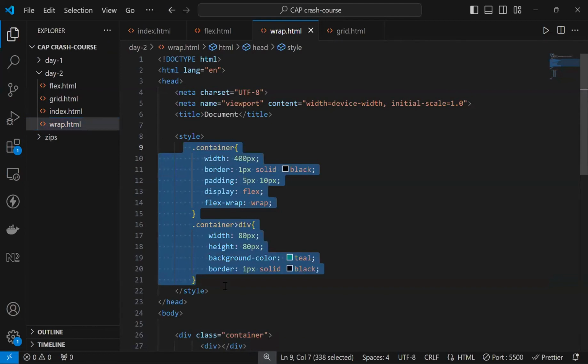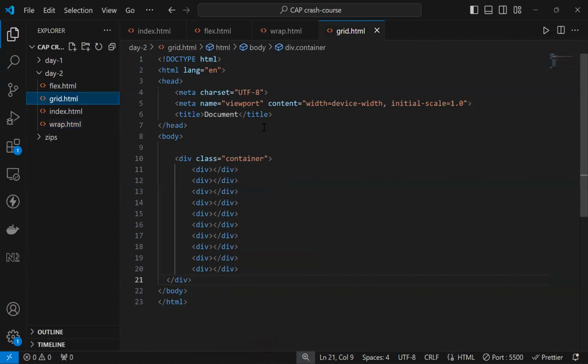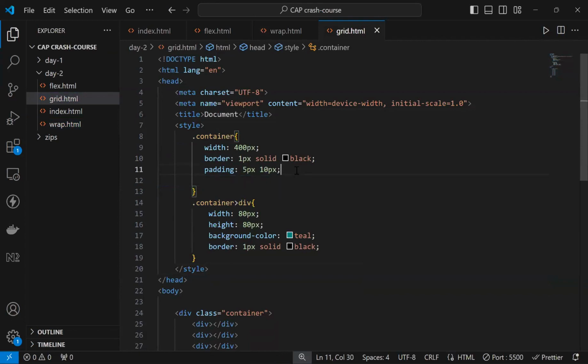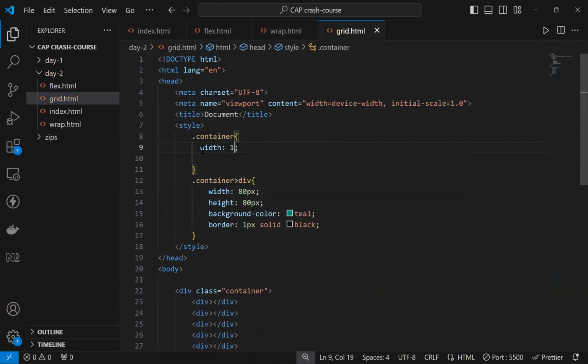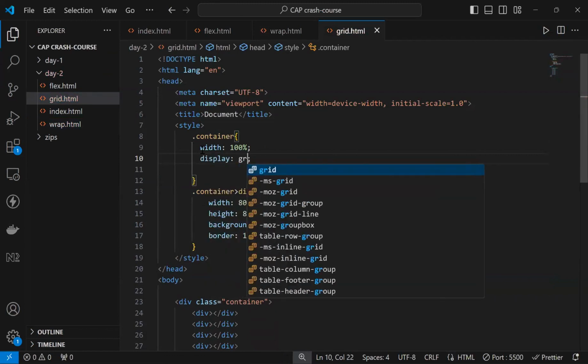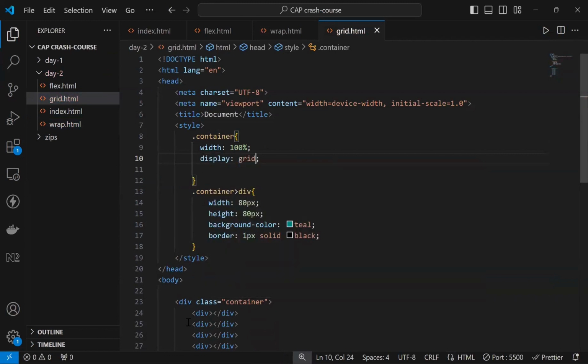So let me just copy style entirely and grid में जाते हैं, यहाँ पे let's put the style, right? And हम flex नहीं रखना चाहते हैं. Now what we rather want is container का width I'm going to keep it as 100%, right? So basically body का entire shape and I want this display to be grid. ठीक, now if I open my live server,